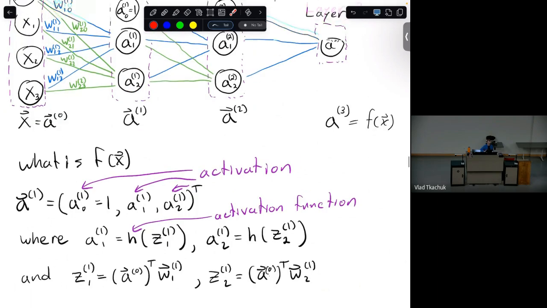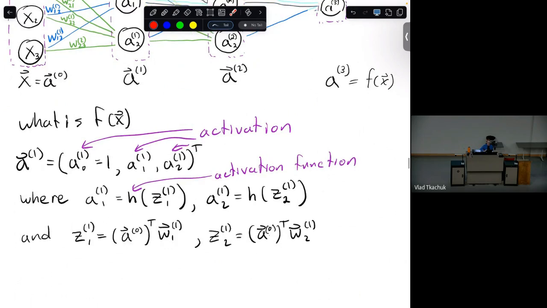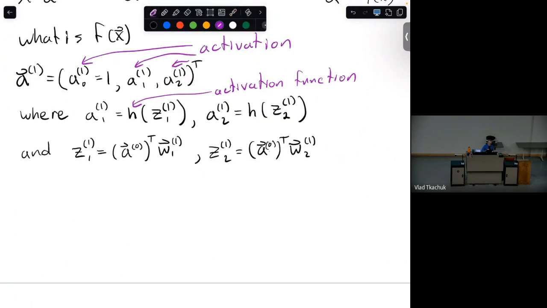Okay. It's going to be the same thing repeated for the other layers, and I will write those out in a second. And I want to write one more terminology. So these Z's also have a name. Okay, so first of all, activation. These are both activation functions, same function. And these Z's both also have a name. And these are called pre-activations, which kind of makes sense. They're the thing that are going into the activation function.